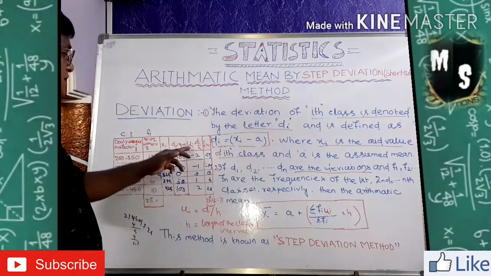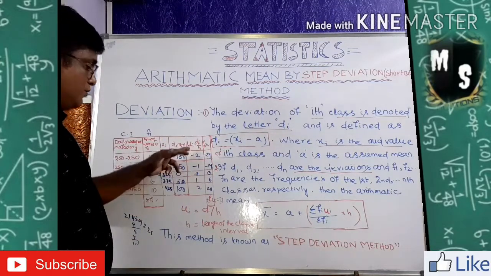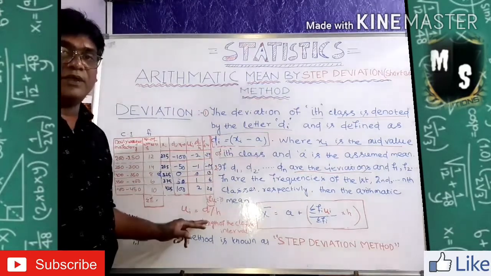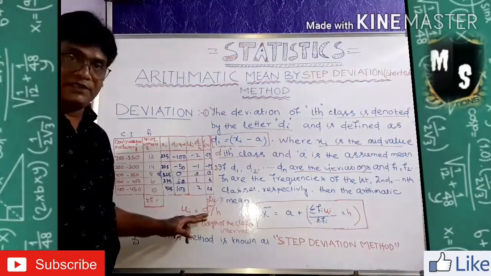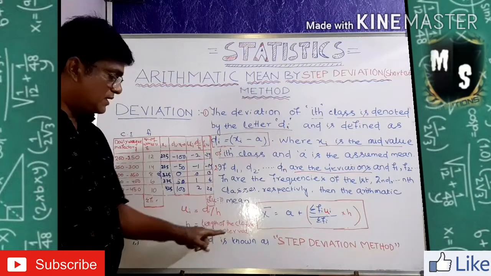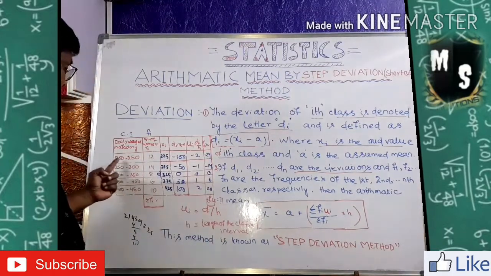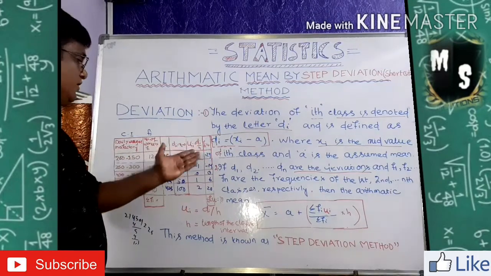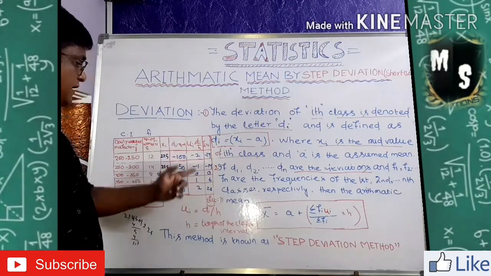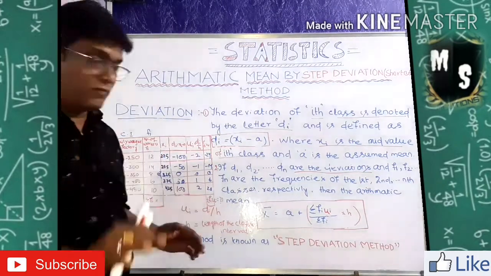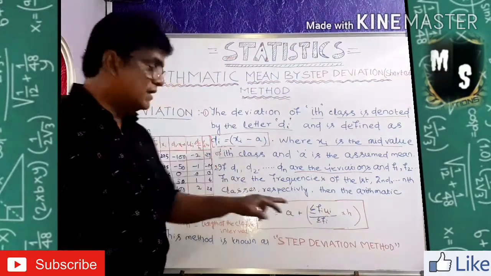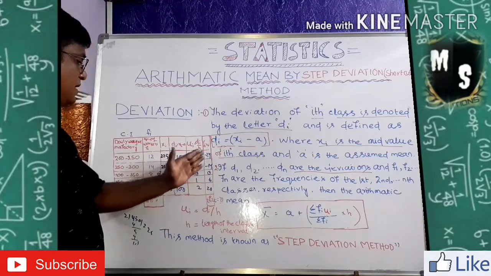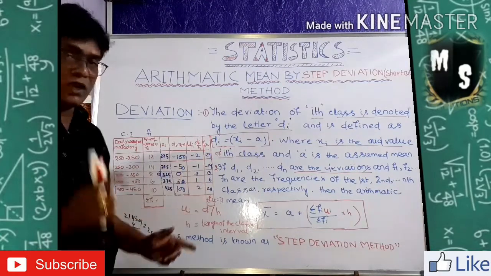Then what is asked? ui. ui is di by h. Don't forget this formula. This is very, very important. Di by h. Di means deviation, h means the length of the class interval, that is the gap between these two. What is the gap? Now 50. So divide and get the ui column. After getting the ui column, according to the formula, you have to calculate fi ui. So put a fi ui column, multiply fi with ui,